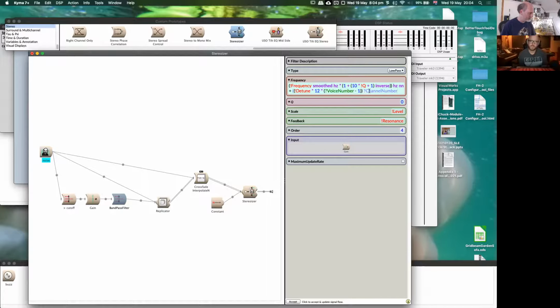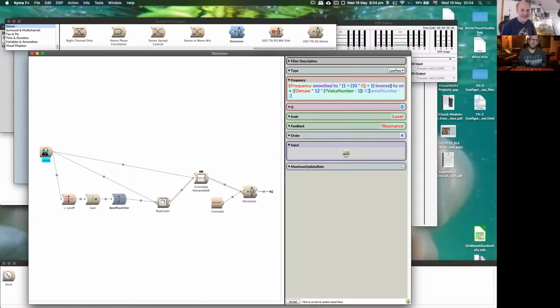No, we want to minus 2. At the moment it's 1 and 2, so if we minus 2, it goes from -1 to 0. And if we multiply that by 2, that's going to go from -2 to 0. No, that's not right. Try again.